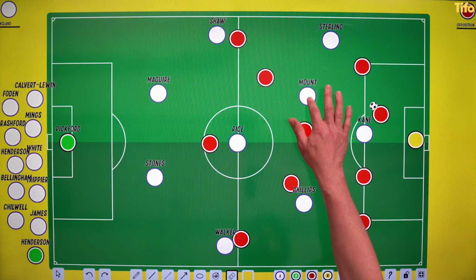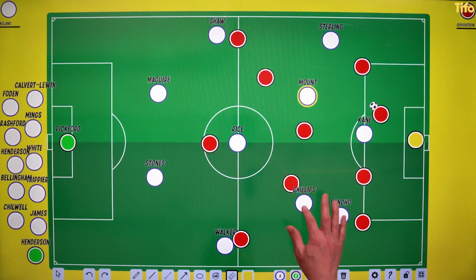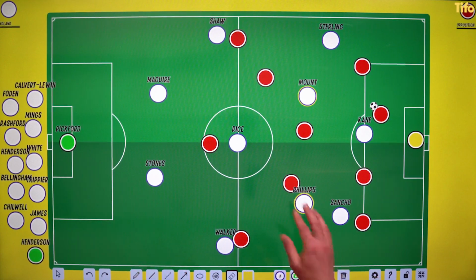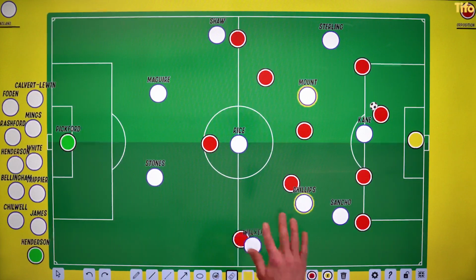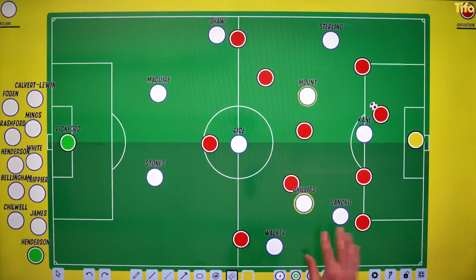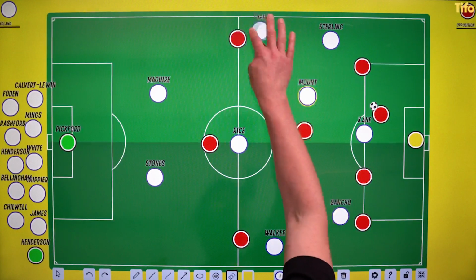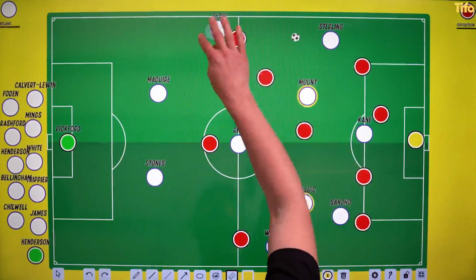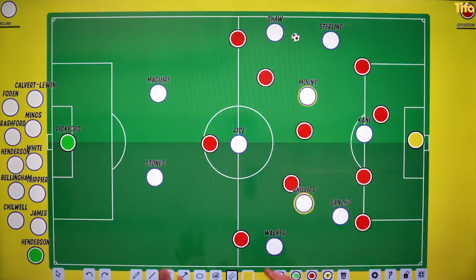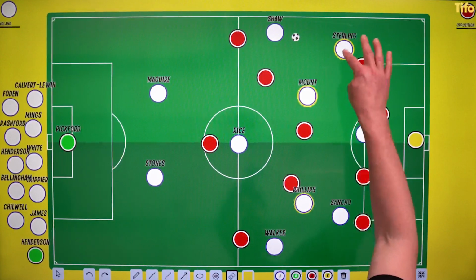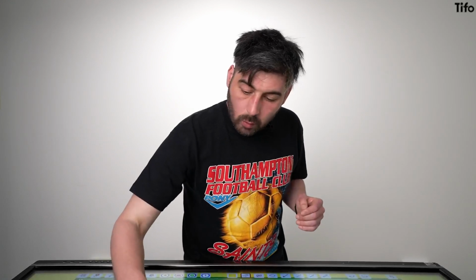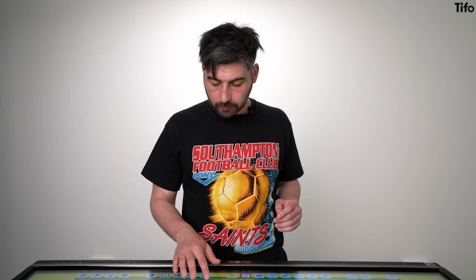So this pressing, Mount is a particularly effective presser, Phillips is a particularly effective presser, as you'd expect from a Leeds player. Rice will sort of anchor this area here. The fullbacks will try and get ahead and they'll defend this space quite aggressively. So if a pass is kind of coming in here, the fullbacks will seek to nip ahead if they can, try and intercept that ball. Sterling, again, as a Manchester City player, is good at pressing. One of the things that's worth noting as well is that the person who loses the ball has responsibility to go and press it, even if that takes them slightly out of position.